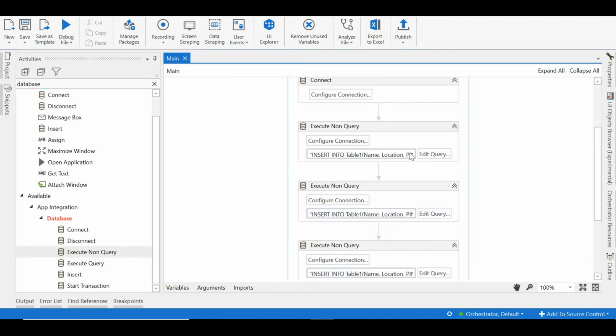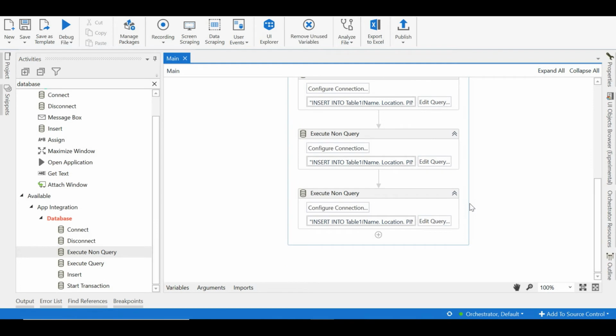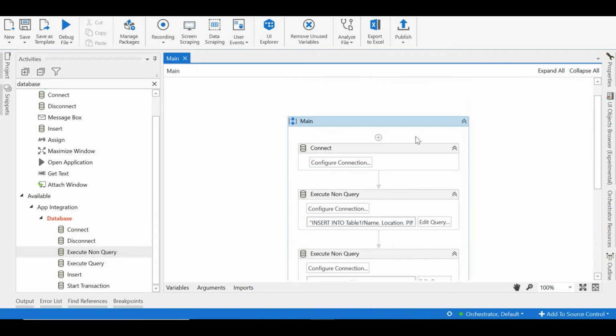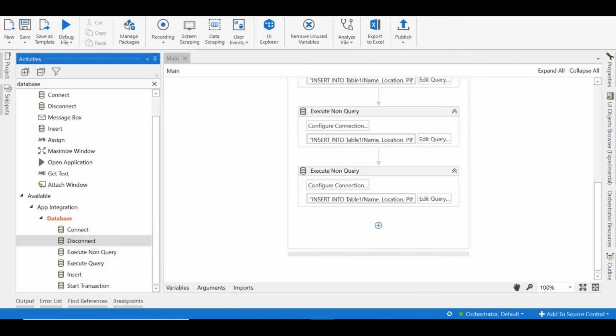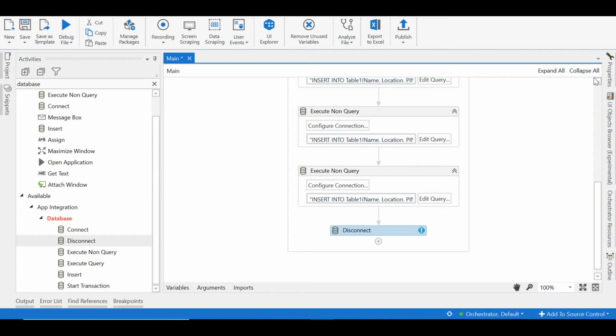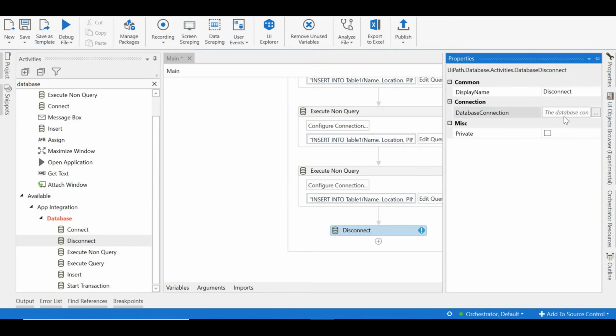So now I established the connection, I have written the queries. What I have to do, I need to end the connection, right? It's a best practice, you always end the connection once you have done it. So we have opened the connection, we have executed our queries. At the end we need to close our connection, right? So just code here. In the properties we just need to pass the connection variable.